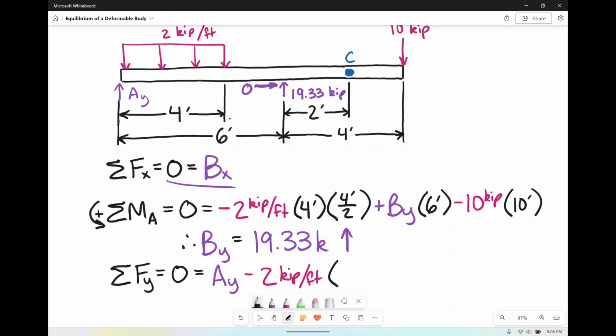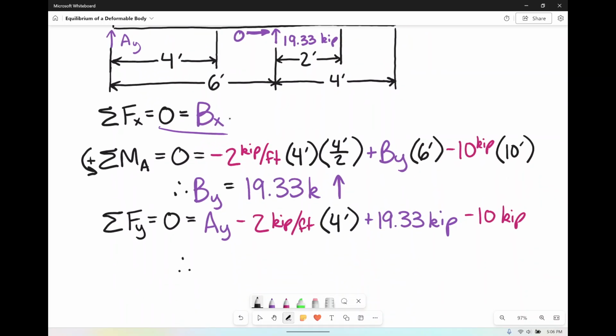We only want it in kips, so we do need to multiply by its distance across 4 feet. Then we have BY. BY was going up, so plus the 19.33 kips. Lastly, all the way at the end, we have a minus 10 kips going down. So what we do actually discover when we solve for this is that AY is equal to a negative